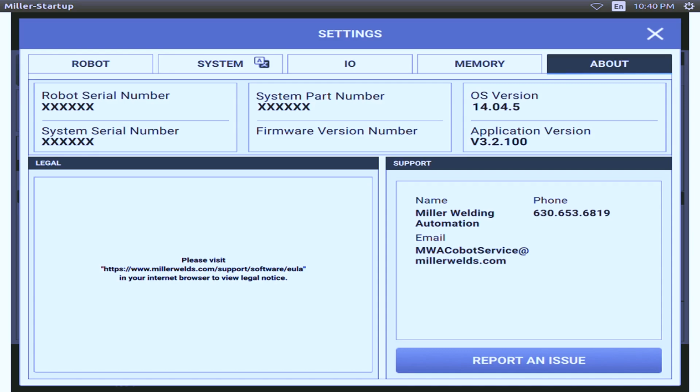If you want to report an issue, this report an issue button will download a log into a USB drive, and then you would email that log file to Miller so we can help troubleshoot your system. The report an issue will download a log file to your USB drive. Then you will email that USB drive to